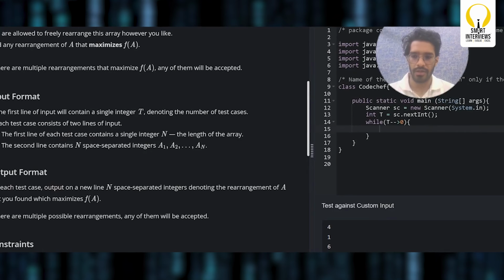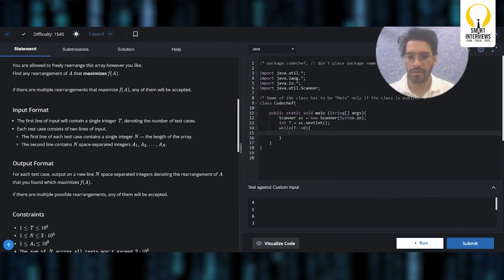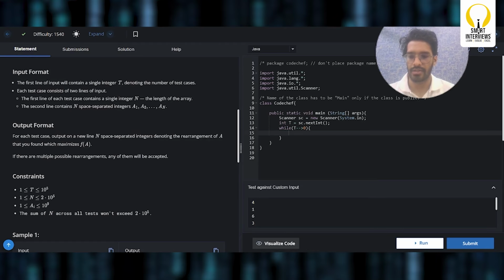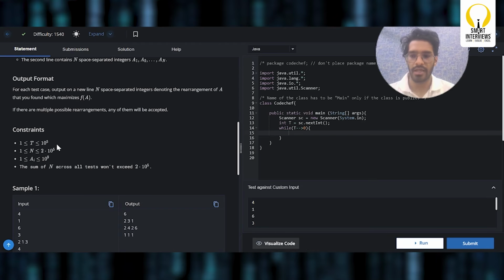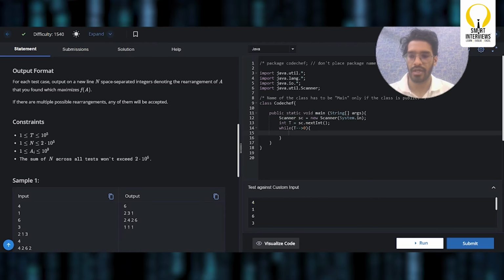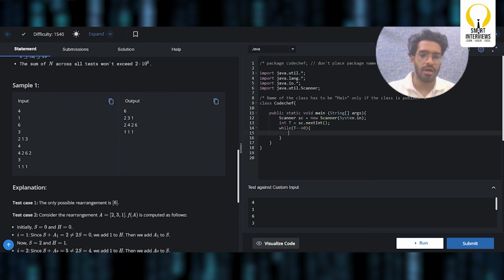Look at the input format, we have t number of test cases, we have array and n. Basically n is the length of the array and we have the array elements, right? If you look at the constraints, there can be 10 power 5 test cases, the length of the array can be 10 power 5, and a of i can be 10 power 9. We are not dealing with sum in our actual solution, but if you were writing a solution which revolves around sum, definitely you might need to convert the data types into long, right? So according to our solution,